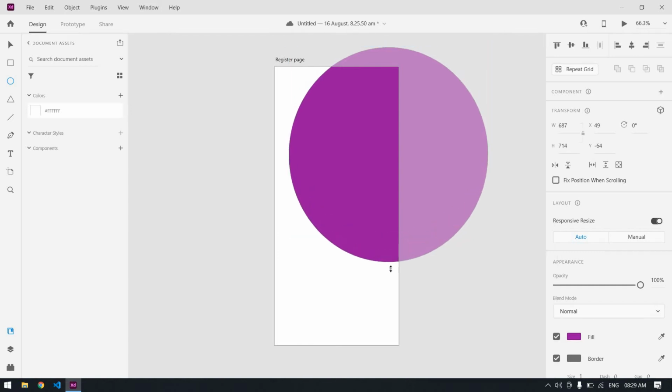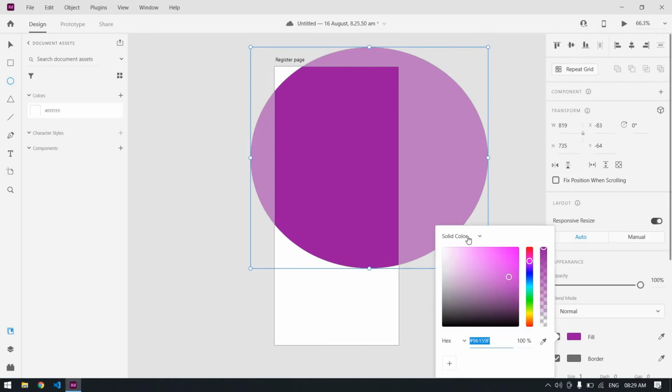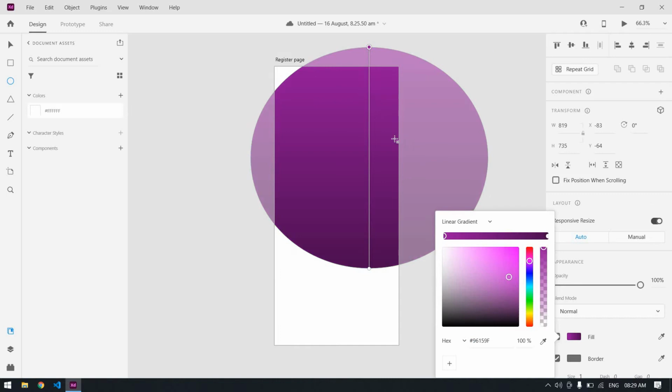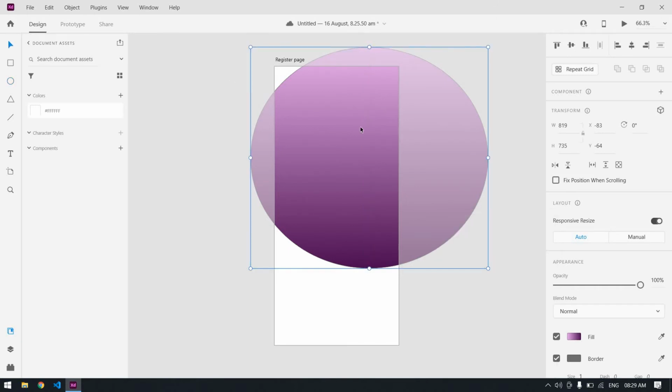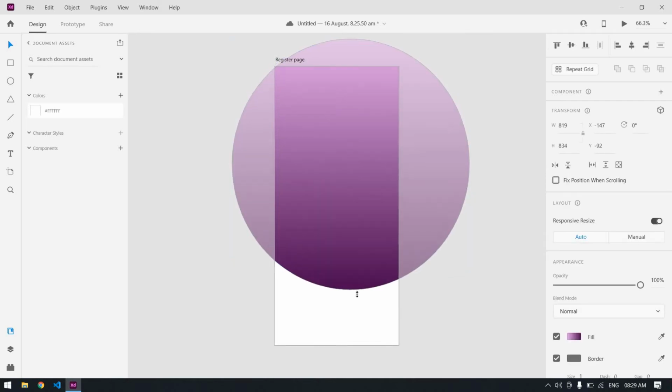I'm going to change the size of this circle. I'm going to use the linear gradient because I'm going to use double colors. This is fine. Drag like that to change the size.